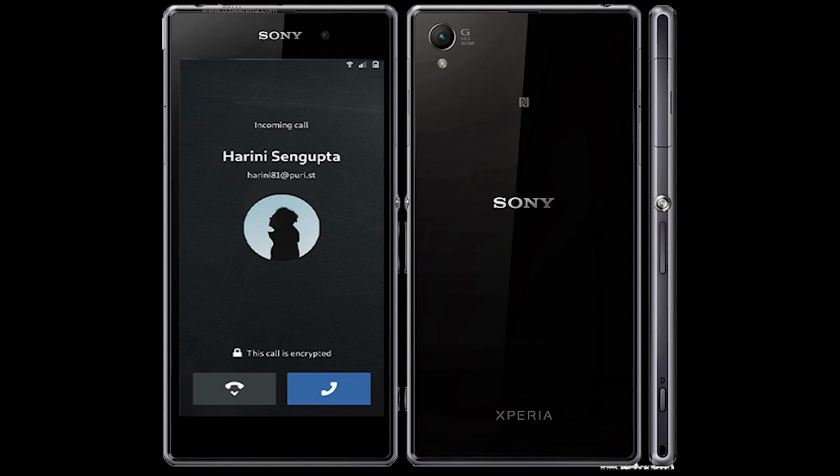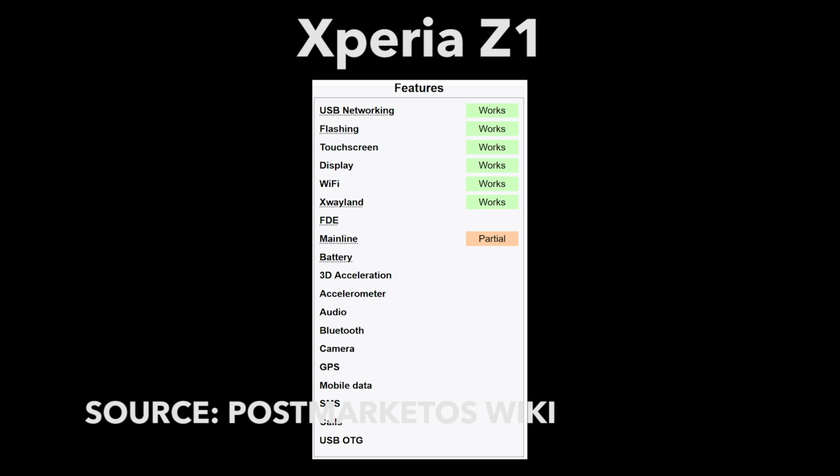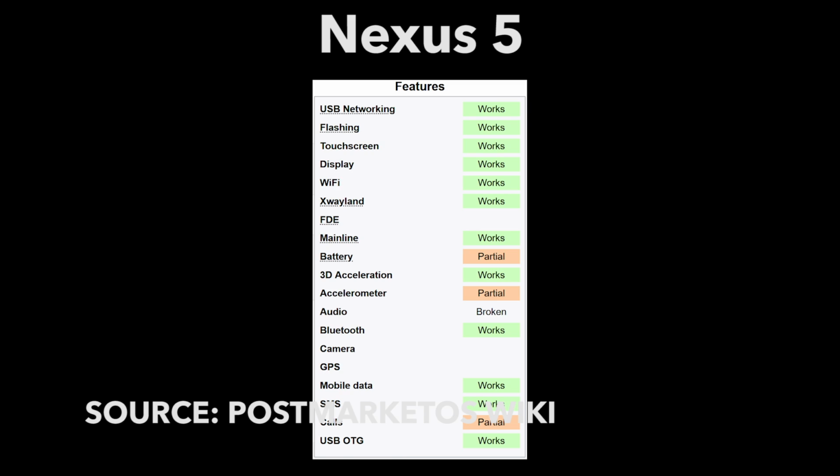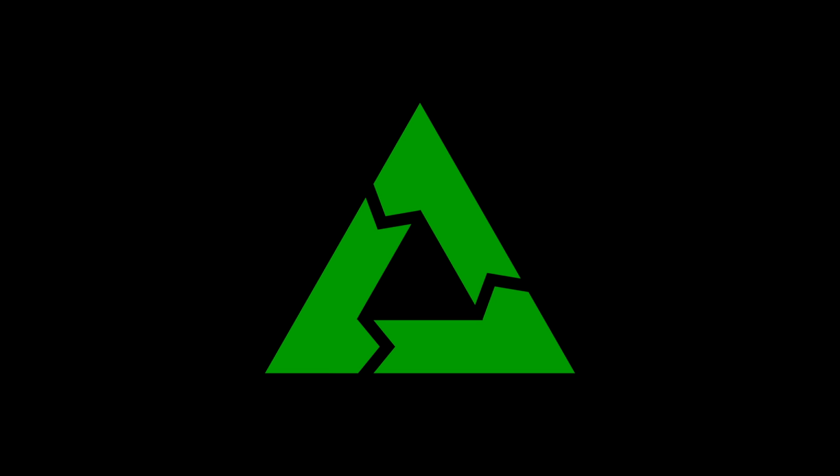So here comes the question, should you install postmarketOS on your phone? Most likely not. I think there might be so many issues like battery percentage, hardware acceleration, adjusting brightness, etc. that might hinder your phone experience. I wouldn't use that as a daily driver. However, your mileage may vary. Different devices have different levels of support, and some devices might provide a better experience. postmarketOS is still an interesting OS to check out, and I would definitely recommend checking it out, but I wouldn't recommend using it as a daily driver.